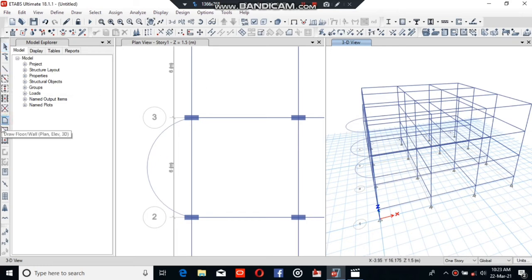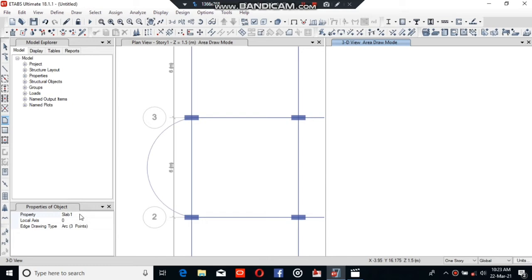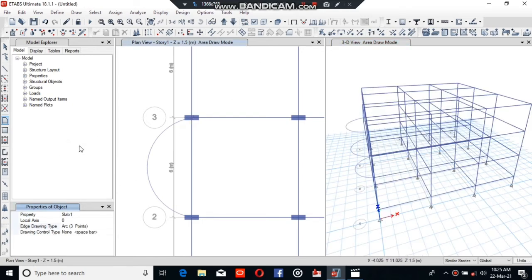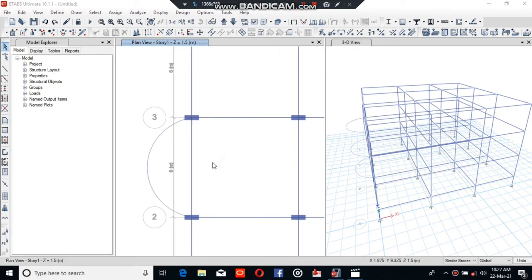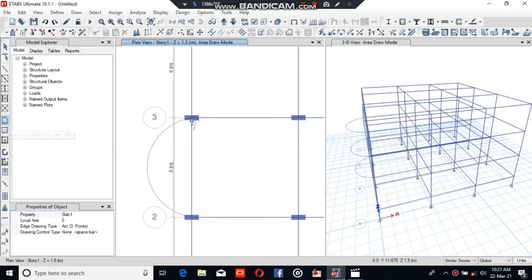So now we have to assign the slab. The basic thing here is the slab. So how to assign the slab? We are selecting one story, similar story, sorry. When you select similar story, the slab will be assigned.